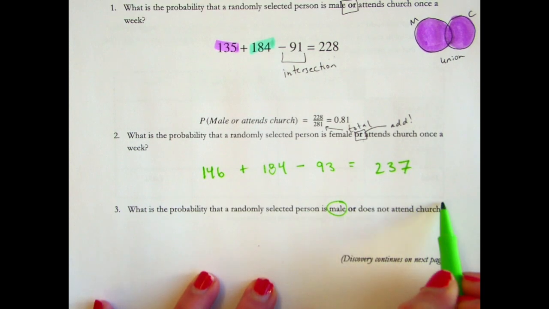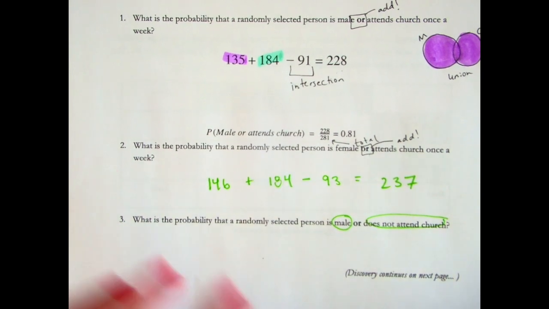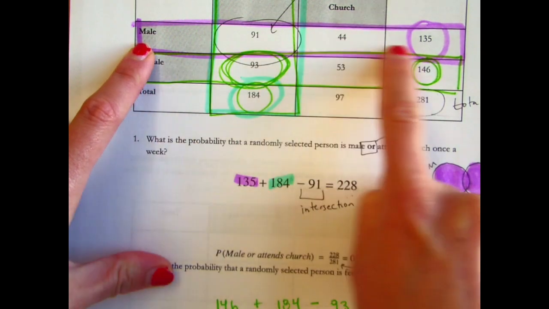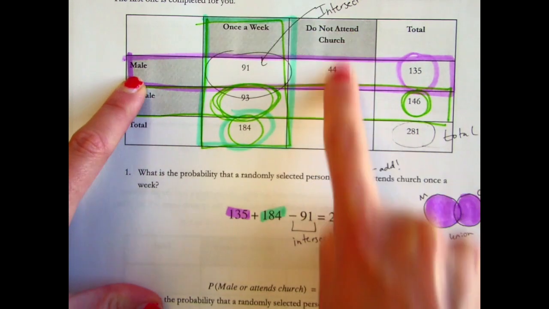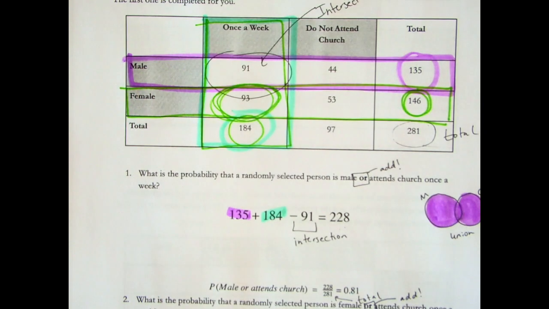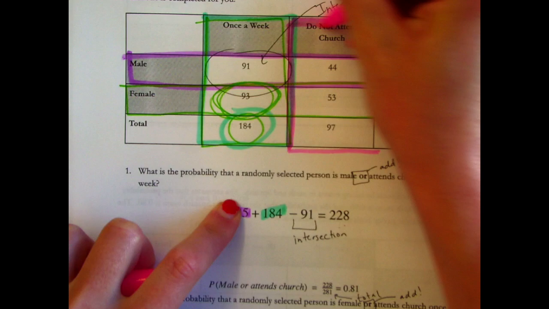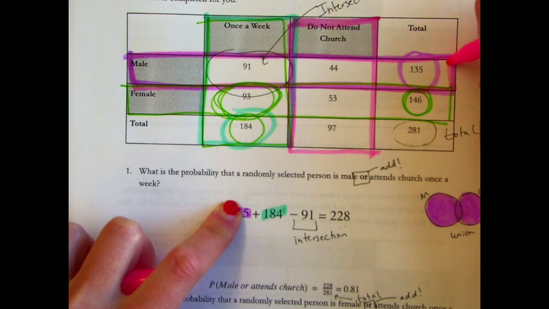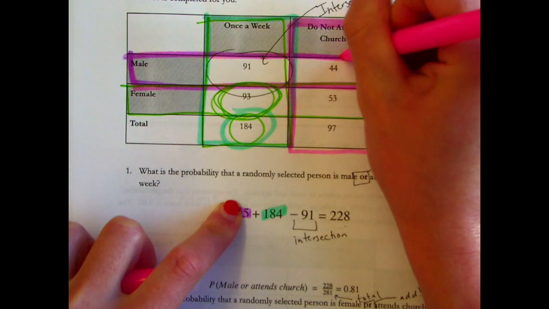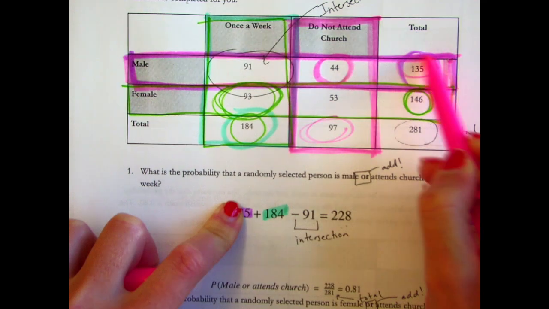So I'm adding the total of 135, but now I'm going to add it with everyone who does not attend church, which is 97. But then I'm going to have to subtract the intersection of males who do not attend church, the 44. So it's going to be 97 plus 135 minus 44